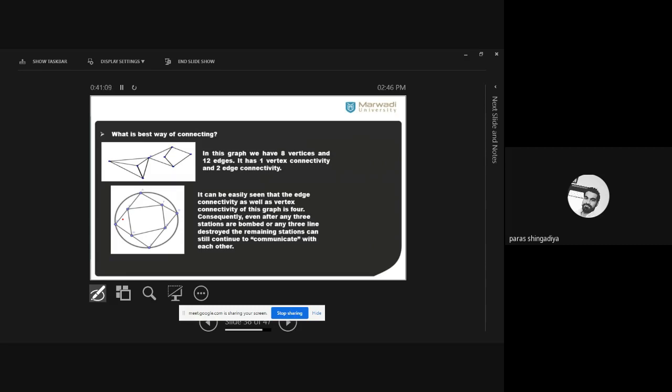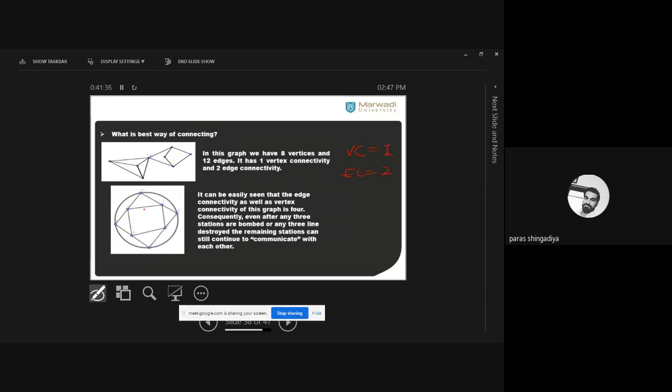In the first graph, the vertex connectivity is 1. And what is the edge connectivity of the first graph? That is 2. You delete these 2 edges, and we can make the graph disconnected. And this single vertex you have to delete makes the graph disconnected. So vertex connectivity is 1 and edge connectivity is 2.